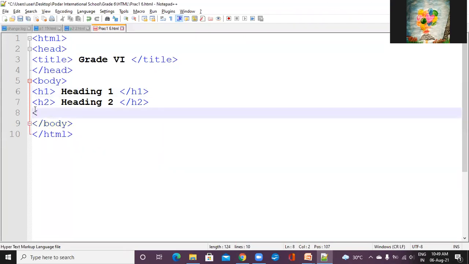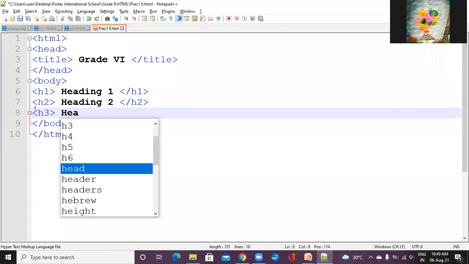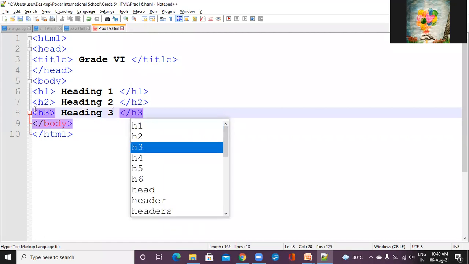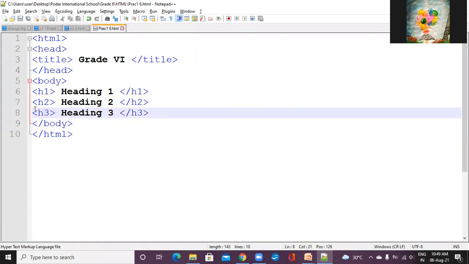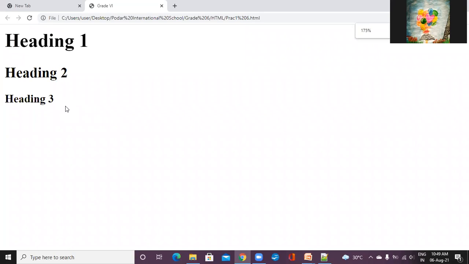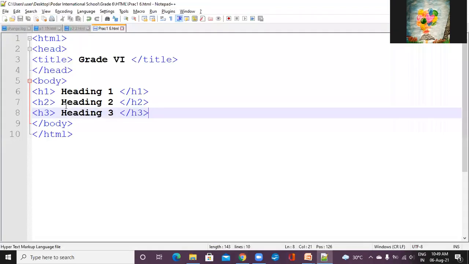Now taking the H3, heading 3. Close the H3, Control S, F5. You can see the changes. Wait, I'm zooming it. Okay, you can see the changes. What is the difference between heading 1, heading 2, heading 3? Same you can take for the next